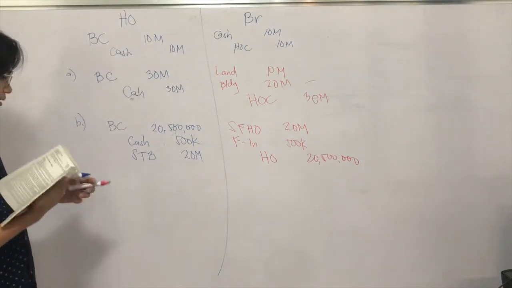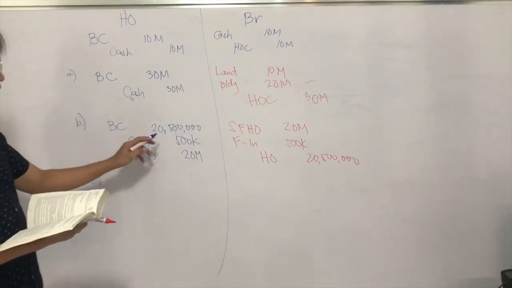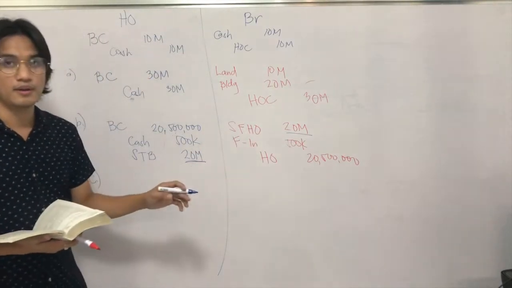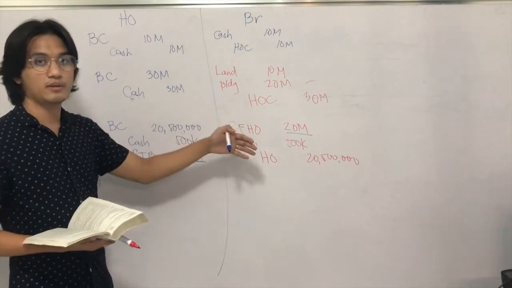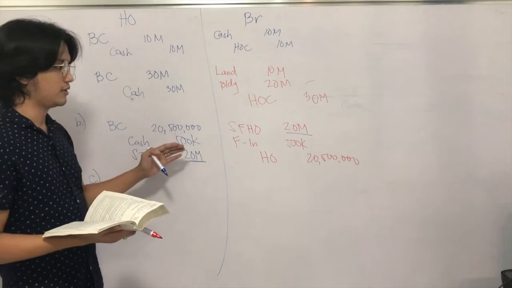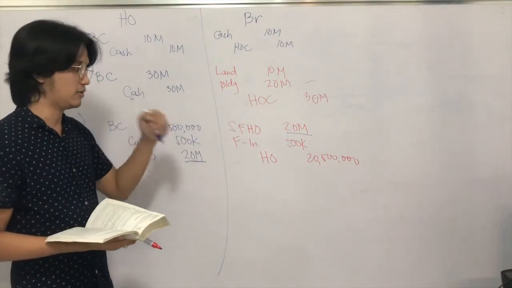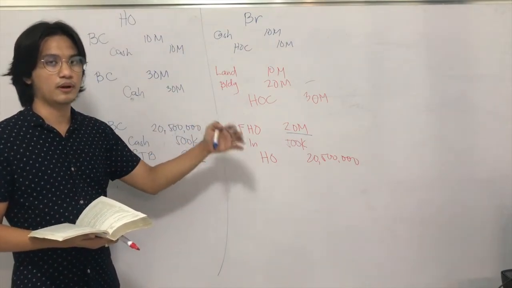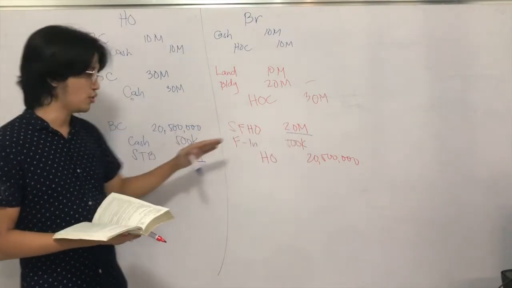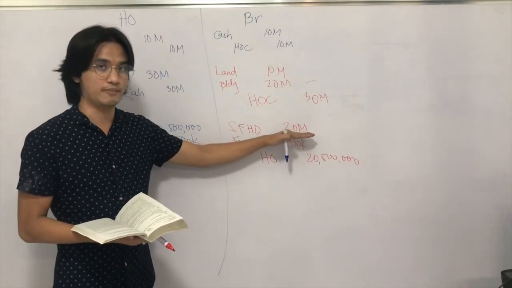Now to proceed, let's go to the next transaction. By the way, just take note that the shipments to branch and shipments from home office is the same amount. That is because the shipment is at cost. Later on, we will discuss wherein the home office will provide a markup when they ship the inventories to the branch. So that is shipments to branch at billed price. In this case, it is shipments to branch at cost. So whatever the cost is for the home office, is the same cost recorded in the branch.